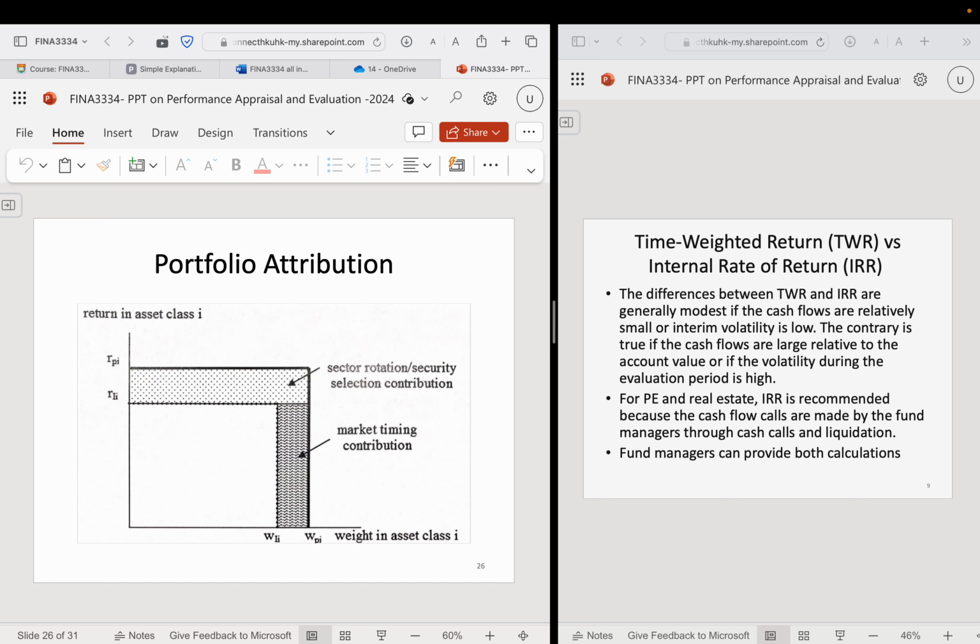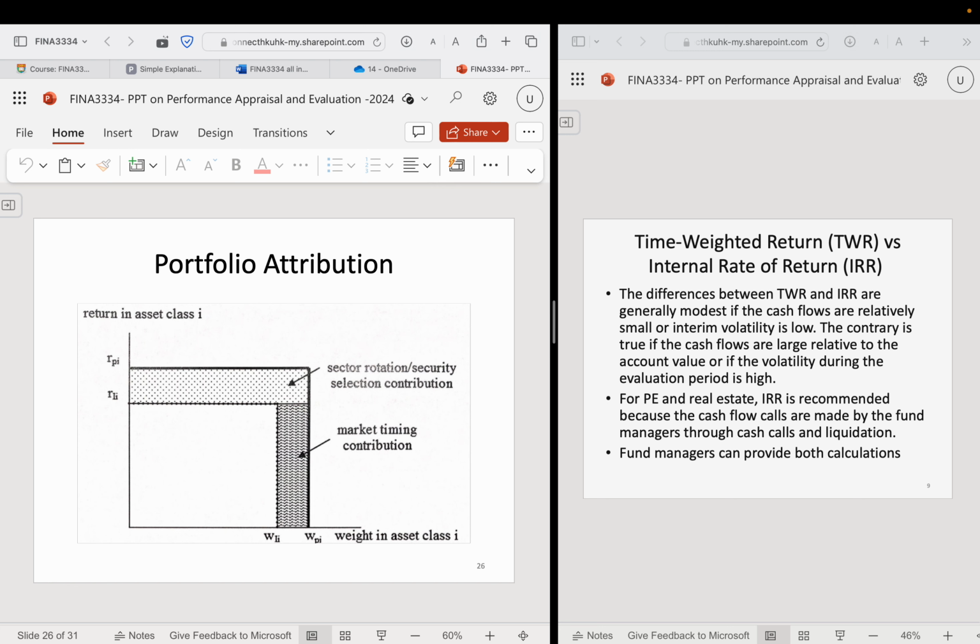So consider the following information and determine the portfolio excess return, the market timing contribution and the sector rotation. Say, for example, the benchmark portfolio, as I mentioned, puts 60% in stock, 30% in bond, and 10% in cash. So this is the return of the benchmark asset classes. Remember, the benchmark means you do nothing. You buy the ETF. You get 5.8, 1.4, and then 0.4.